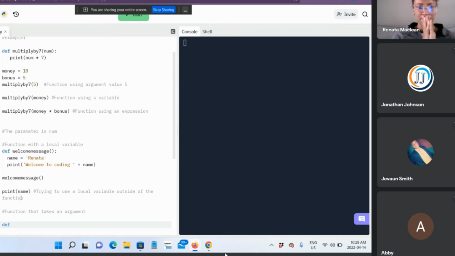Let me give an example, right? You see the one that you did before when you created multiply by 7? That function that you defined on line number 5 takes an argument. So the function that you're making now can look exactly like that, except that the name has to be different. So that's a hint I'm giving you right there. That's a quick tip. It will look exactly like the one you did on line 5, just that it has to be a brand new name, so it's not a copy of what you have on line number 5.